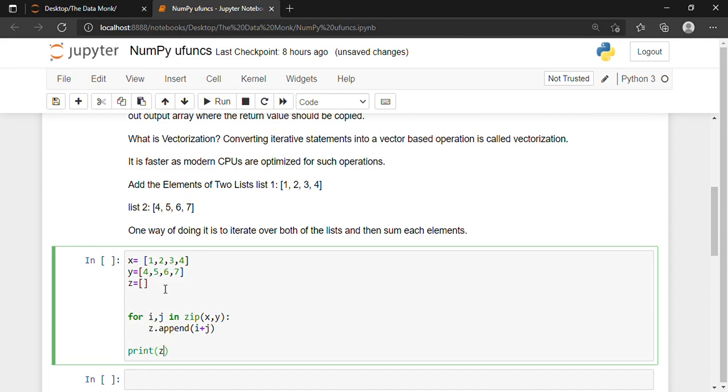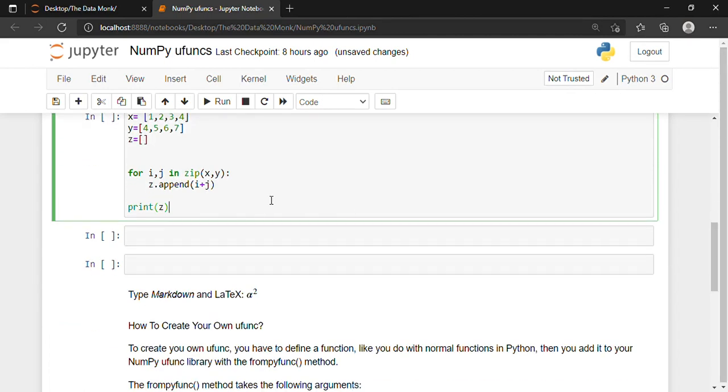So what am I essentially doing? I am using a for loop, taking two variables i and j and using the zip function. You can see the earlier videos to understand what a zip function is. Essentially, it is adding each element of x and y and storing it in the z list, and then I'm printing it.